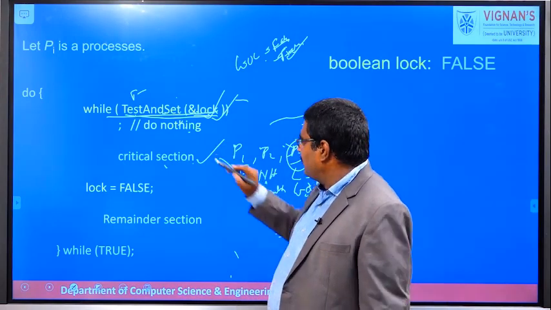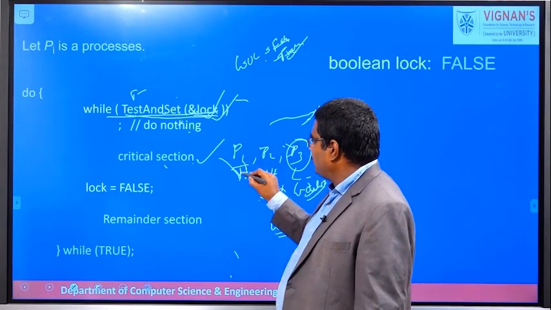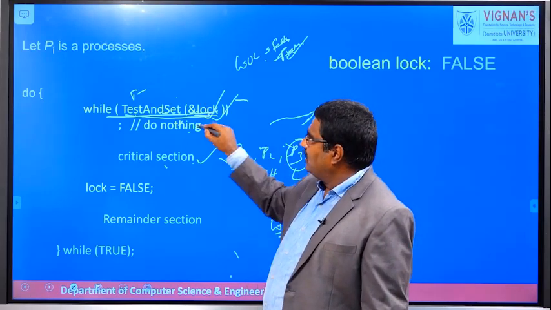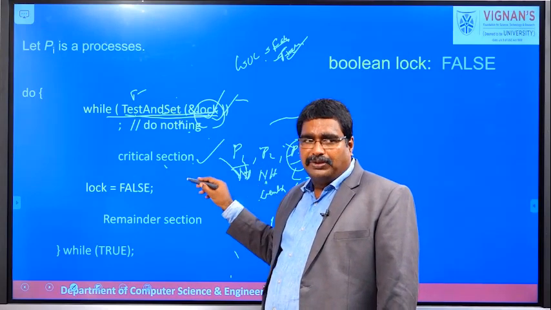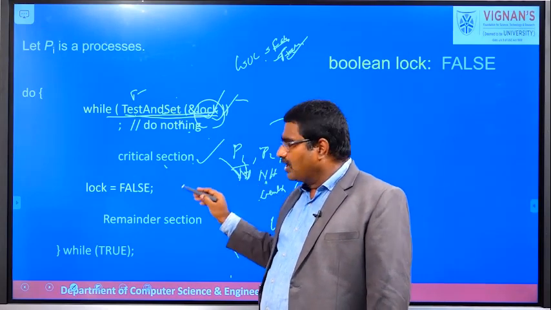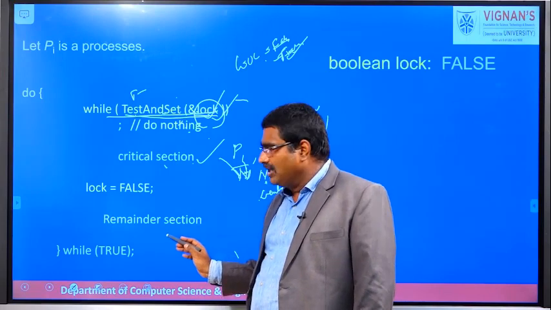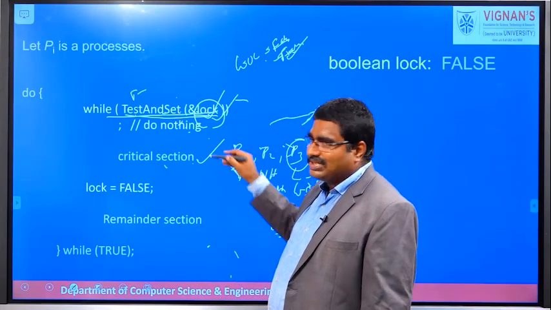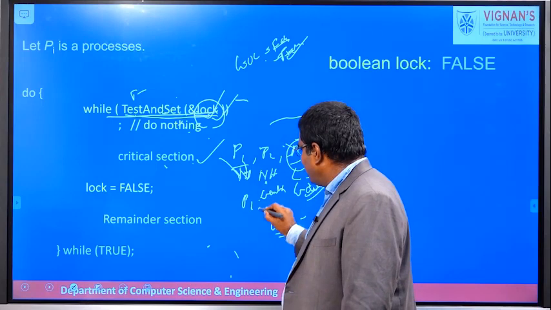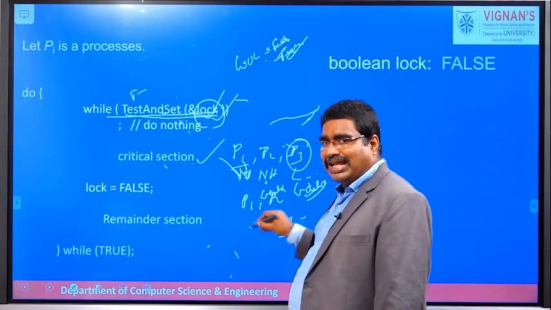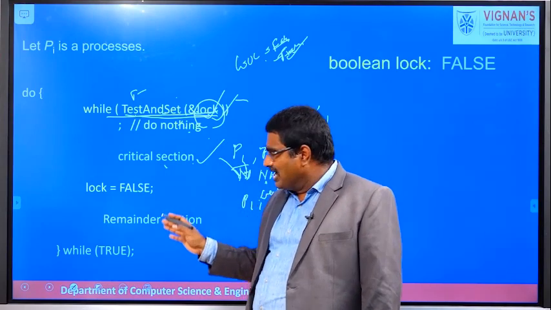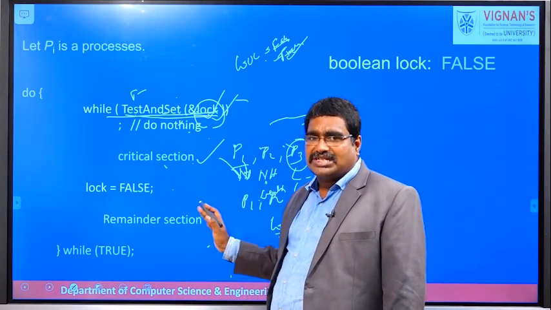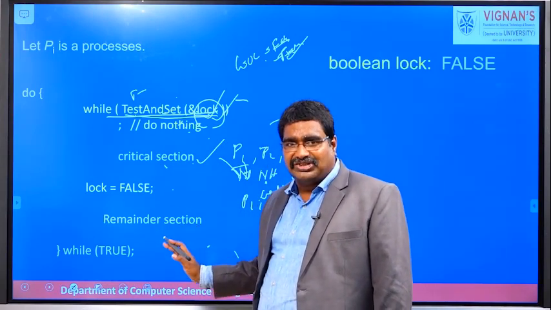Before the completion of the P2 process, P1 wishes to enter. Again P1 is in the while loop. Now P1 and P3 are waiting in the while loop and P2 is in the critical section. If P2 completes the critical section execution, then P1 is allowed. So P1 and P2 are continuously allowed to enter the critical section, while P3 stays in the while loop. That is, this algorithm does not satisfy the bounded waiting condition.